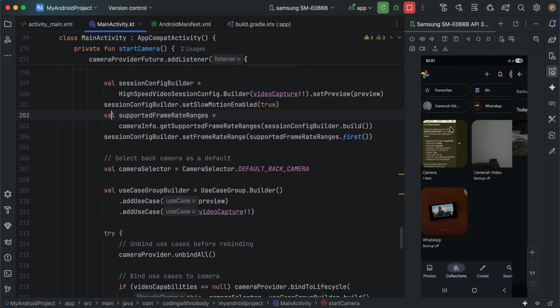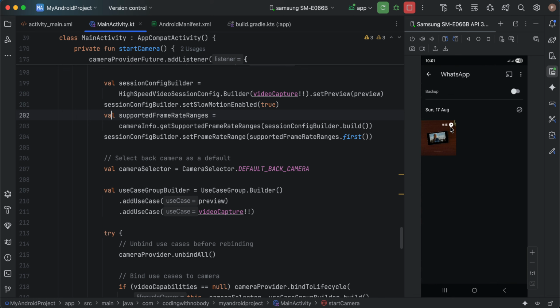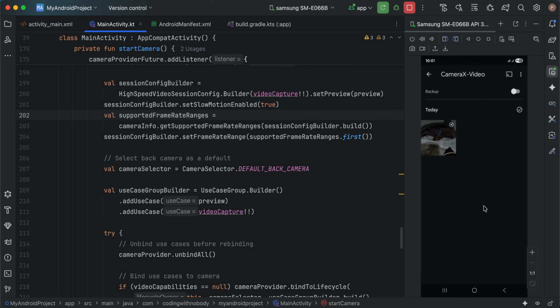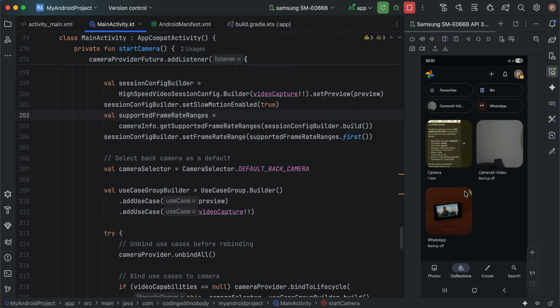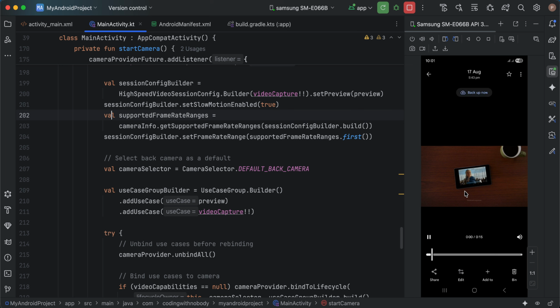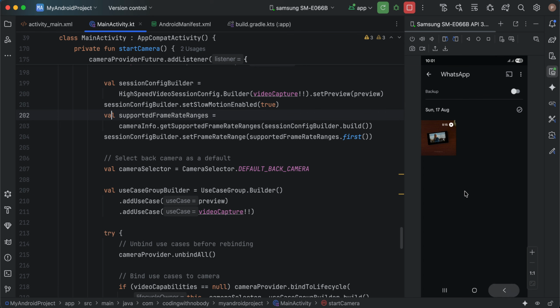If I show it for a normal video, this is a normal video, right? You can see the play icon is a little bit different, and if I go to the video which I have recorded, it has this dotted color thing. This is an indication that this is a slow motion video. I'll first play a normal video. If I play it, you can see I don't have the slow motion picker kind of thing, right? But if I play the actual video which I have recorded,